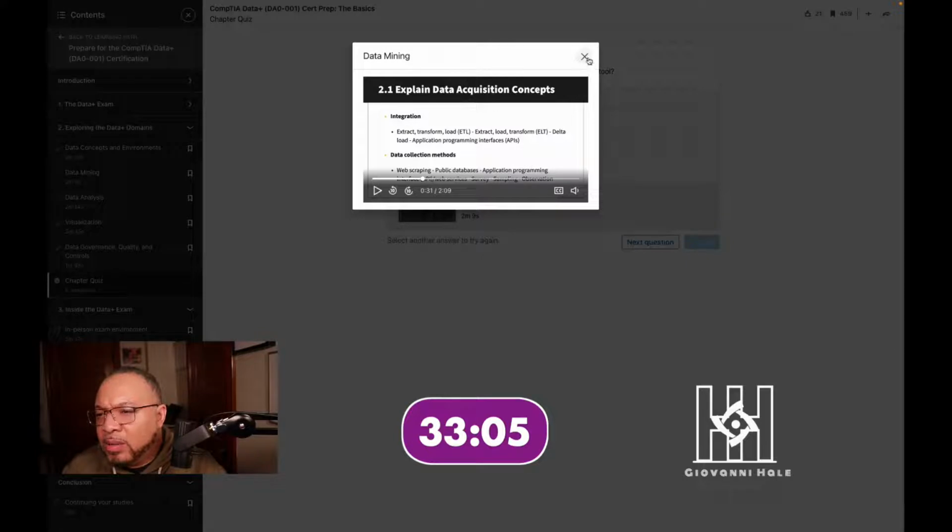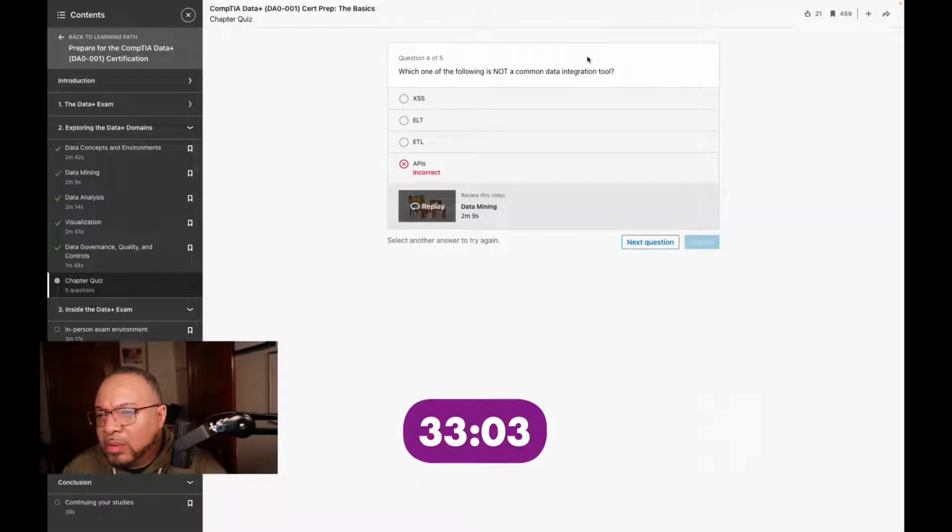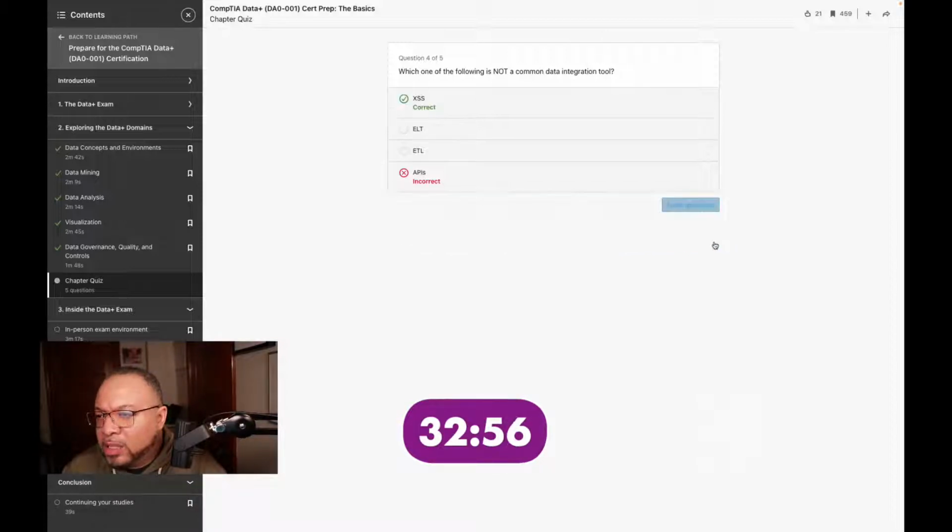Okay, so ETL, I would guess this one, because these are other ones. So ELT, ETL, and APIs were part of that. Which one will follow the common data warehouse schema?